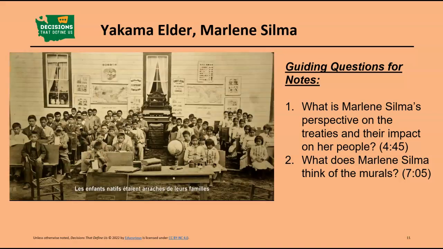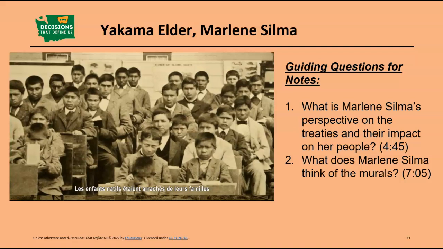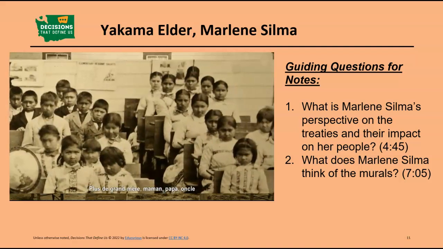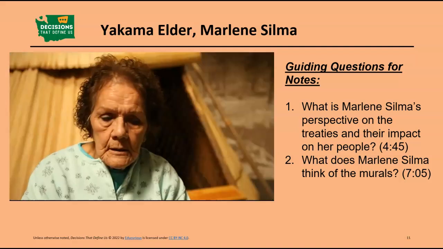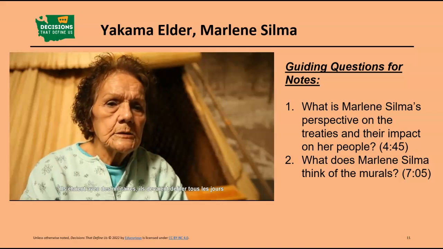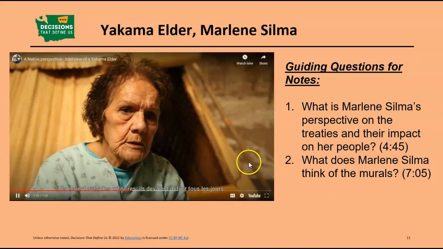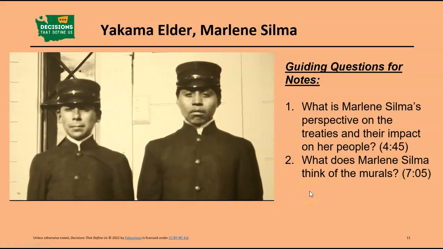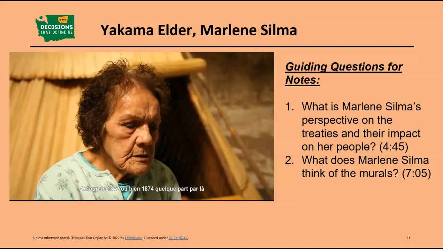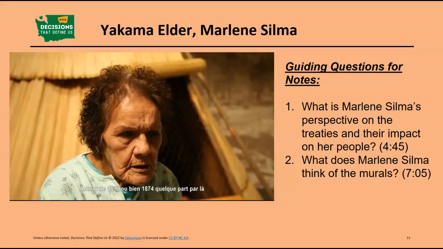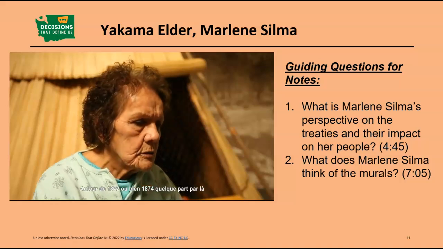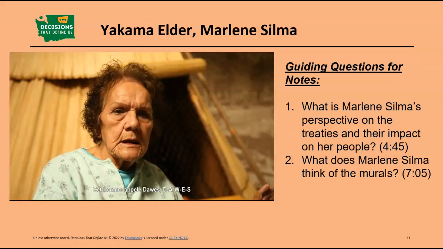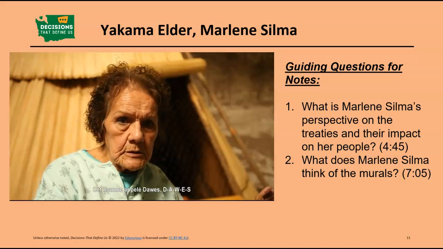Indian kids were removed from their families. No more grandma, no more mom, dad, uncle. They were put with military, where they had to march every day. March in a straight line. And respect the flag. About 1872 or 1874, somewhere in there, this guy named Dawes, D-A-W-E-S, did this act with